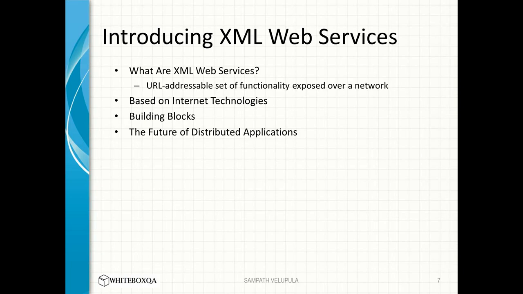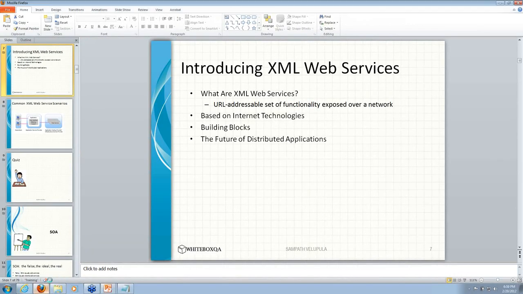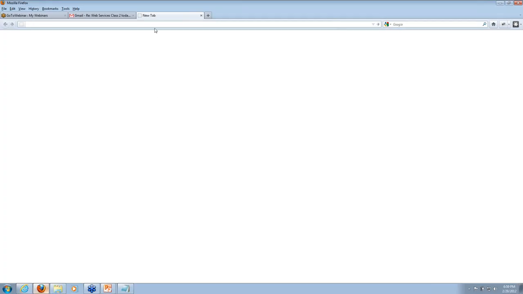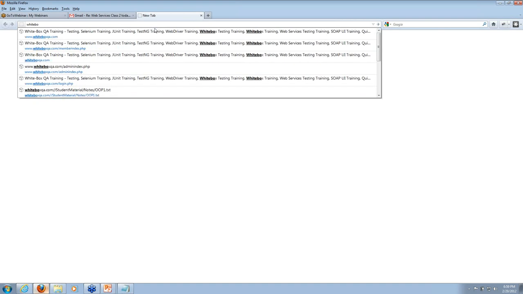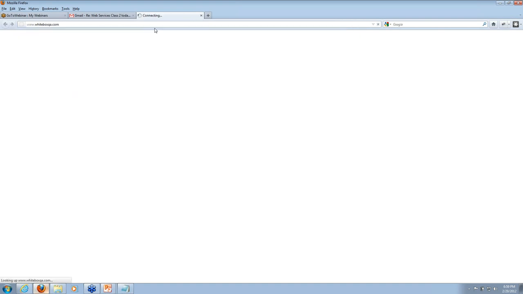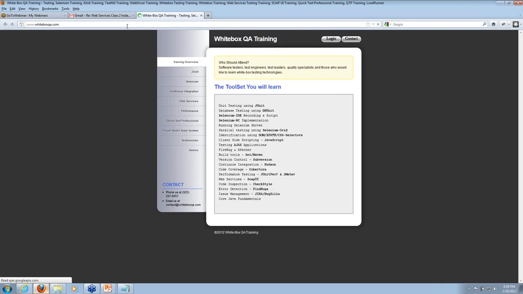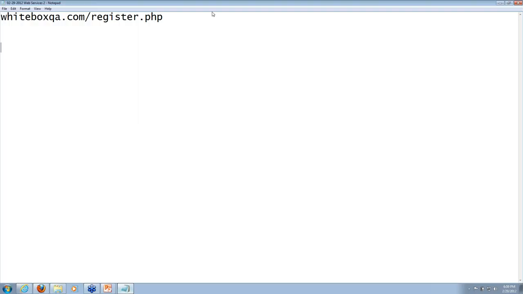An XML web service is generally like a web application or a website. What is a web application or a website? Resources are hosted on a server. It is hosted on my server. I am using a URL and the HTTP protocol. See, web application or web service,